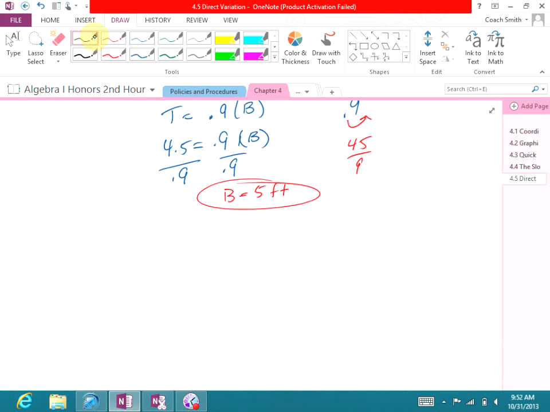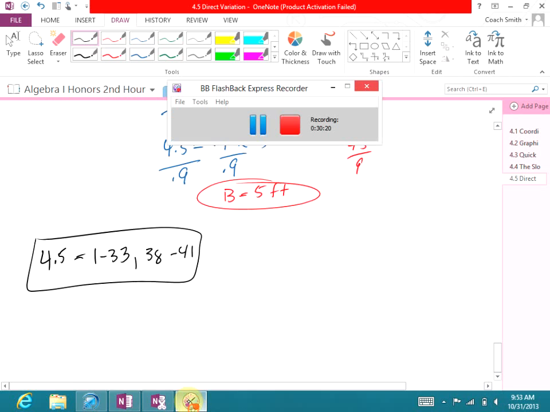I am not going to assign homework because of some of the football guys going to Munster. Okay? So we're going to do it in class tomorrow. What we're going to do in class tomorrow is 4.5, 1 through 33, and then 38 through 41. If you do it tonight,